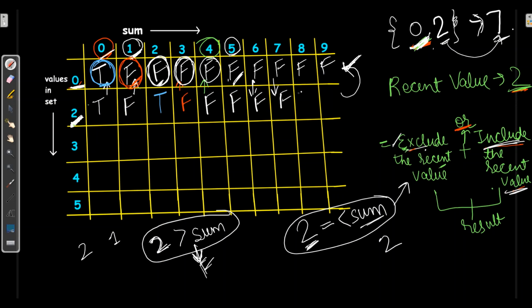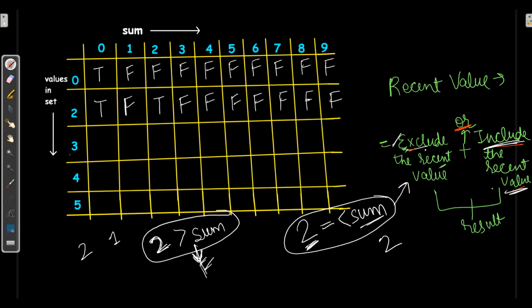Similarly, here false plus, making 8 is only achievable by 6. Here it's false, so I will write false, or false will be false. Similarly for 9, first I'll copy from here. 9 can be achievable by adding 7, which is false. So false or false will be false.